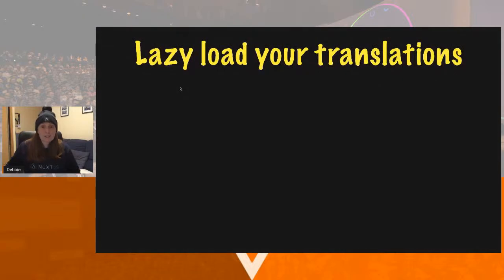Lazy load your translations. In Nuxt, this is really, really easy. If you're using I18N, which I'm doing a course on right now in Vue School, and I'm using Vue, and I'm actually working on the one for lazy loading in particular. I'm reading through it and going, I've got to do all this, seriously? But in Nuxt, I've just got to do lazy true. And actually, that's how easy it is. So basically, lazy true to lazy load your translations with Nuxt I18N. So make sure you're doing that.